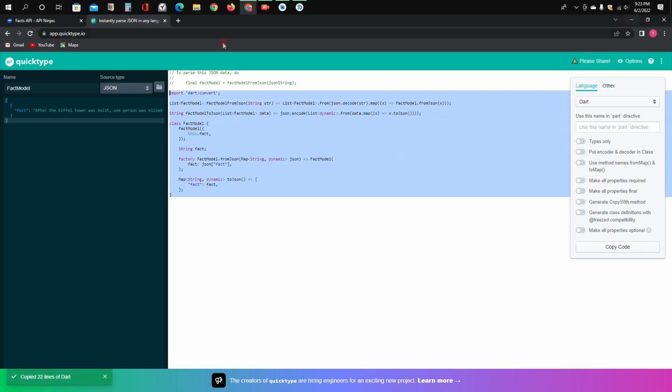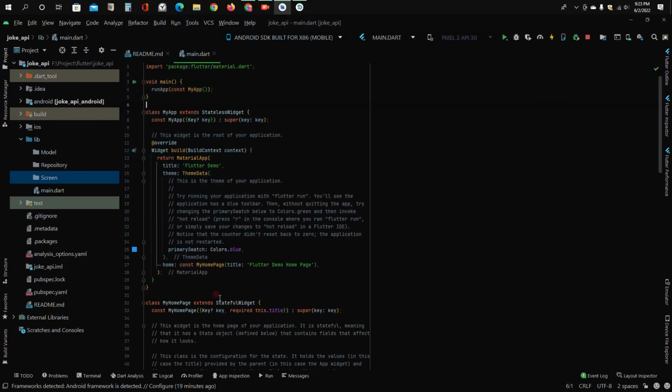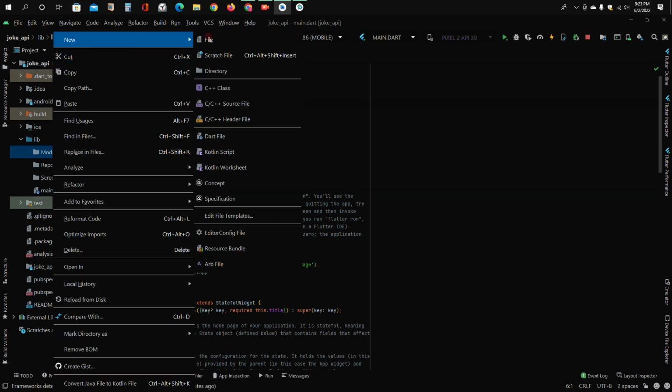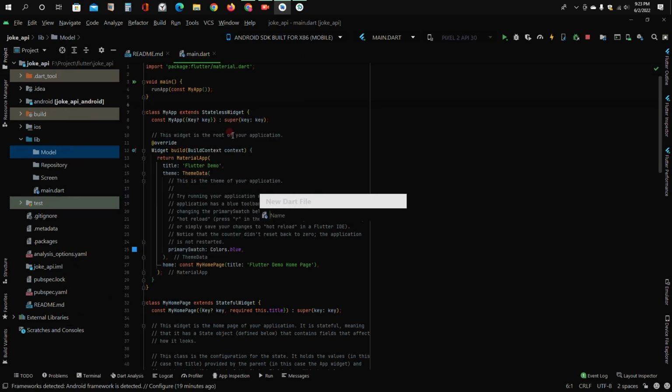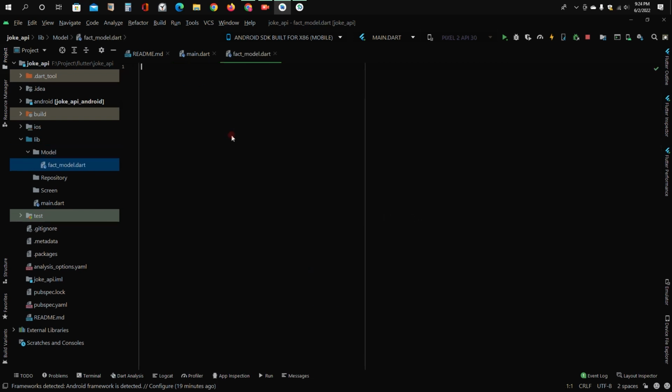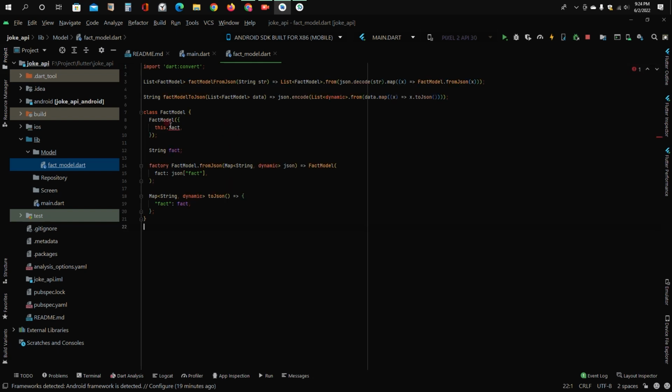I'm copying the model, and inside that model directory, I'm going to make a dart file and call it fact model. Just paste it right here. Everything is fine, and the constructor that is calling the variable has to be required, so we are just adding required. And for null safety purposes,